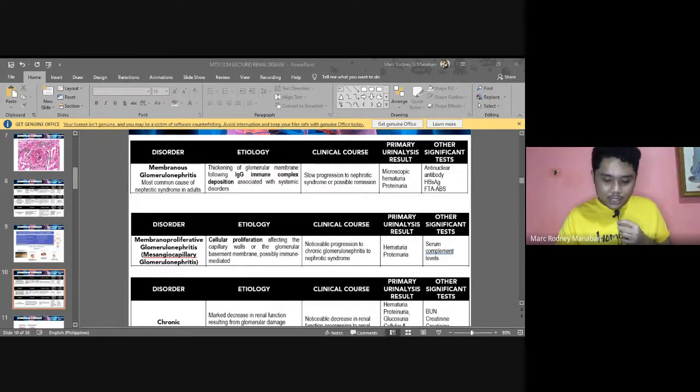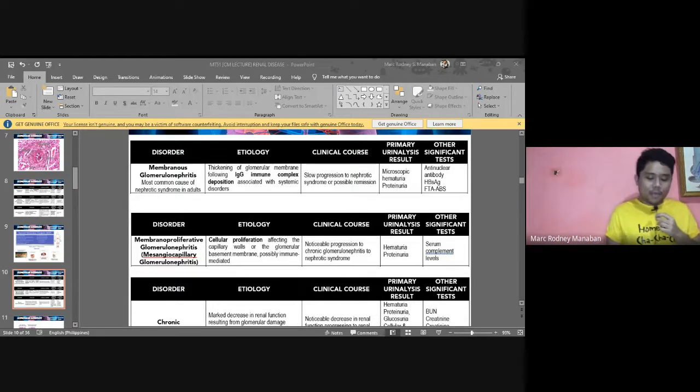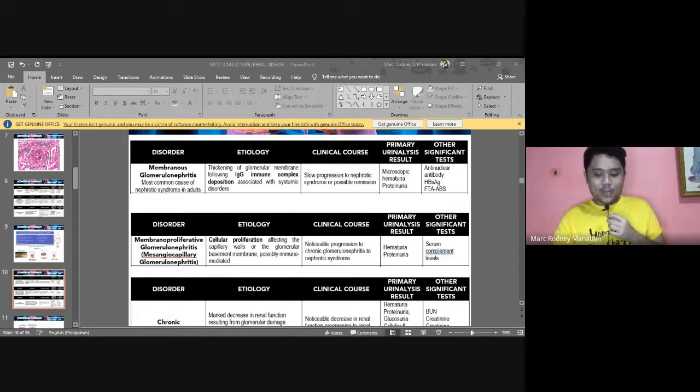But for the other percentage, it may be associated with immune-mediated disease. The antigen could be exogenous, such as from syphilis, Treponema, or it can be endogenous, like thyroglobulins or DNA, and many antigens remain unknown. Remember, this glomerulonephritis can also occur secondary to other conditions, such as systemic disorders like SLE, DM, thyroiditis, and even exposure to metals such as gold or mercury, and drugs such as penicillamine. So those are the possible causes of membranous glomerulonephritis.